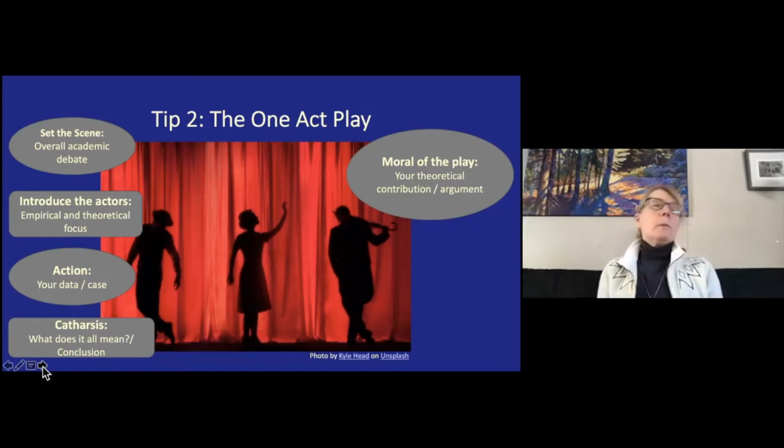I think too many of us imagine that a journal article is more like a multi-act play, and we try to have too much going on. But remember, you only get to have one major action that occurs in a journal article. More than that, and you're probably looking at either 2 or 3 papers or a book.